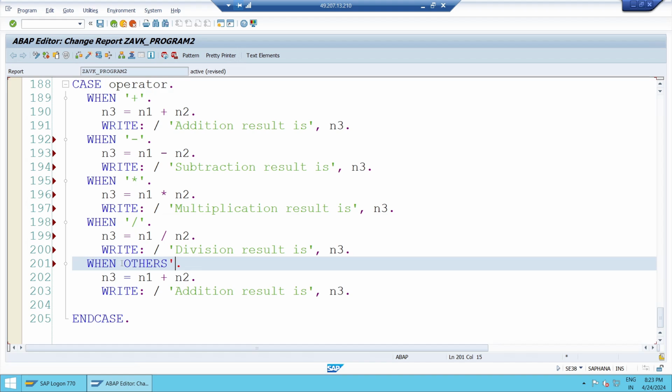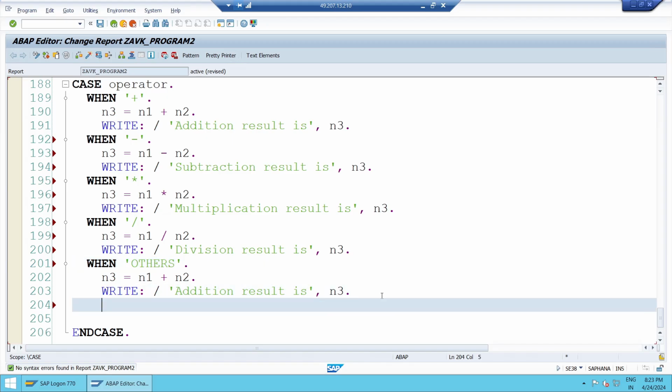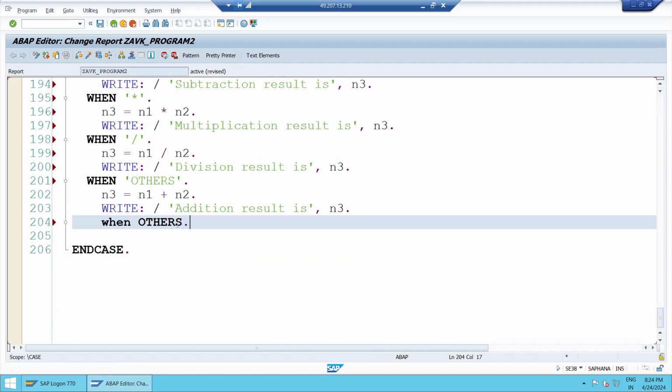If by mistake I keep when others in single quotes, still it is accepted. Yes, both are accepted. How come it is accepted? Because